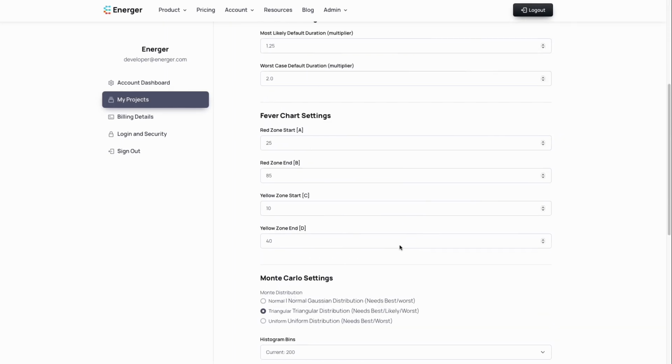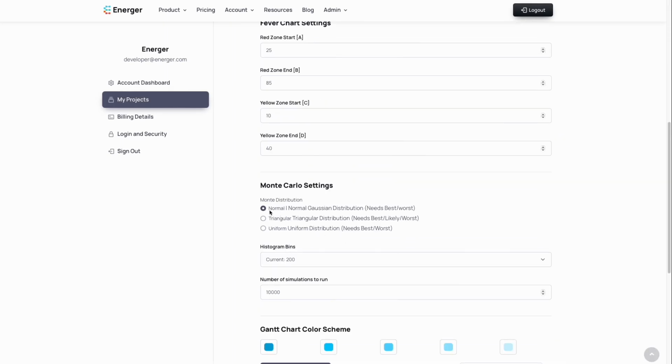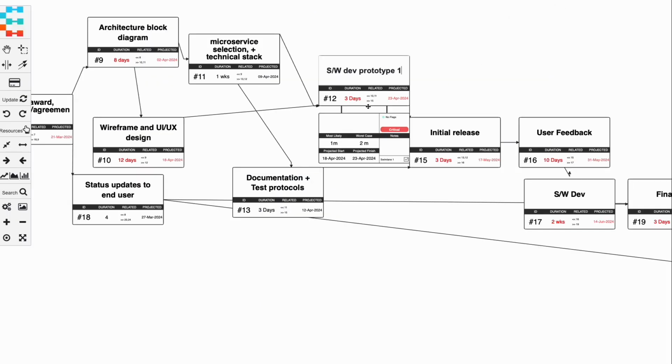The first is a normal distribution, which is a statistical term that describes a symmetric bell-shaped curve, where most data points cluster around the mean. Here, Energer takes your best-case duration, the worst-case duration, and distributes the random durations around the average of the 2